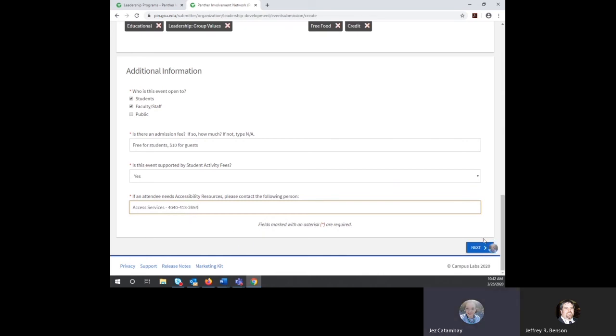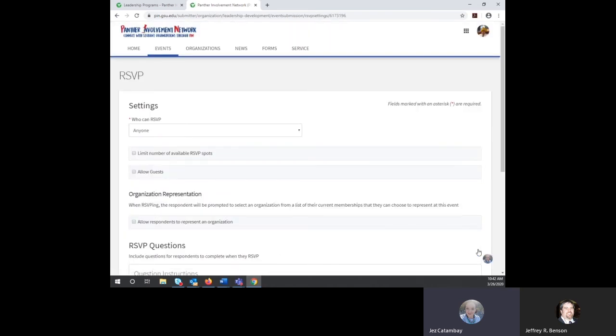Then I will choose the next icon to allow me to move forward. This is where I can decide whether or not people can RSVP to my event. Some events you may want to restrict to RSVP only so that you have a head count prior to the event, or you may have limited space and need to count your RSVPs against the number of seats available in a given workshop. For this event, I'm going to allow anyone to RSVP,